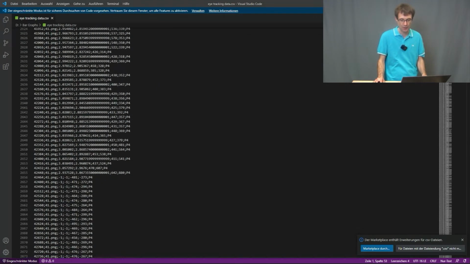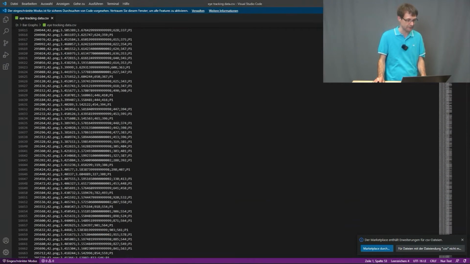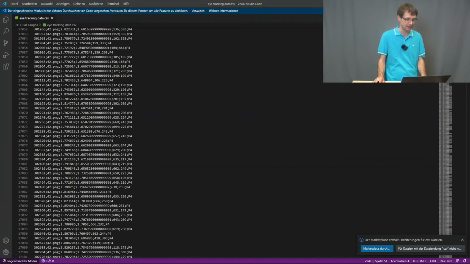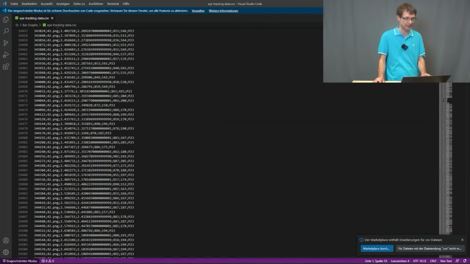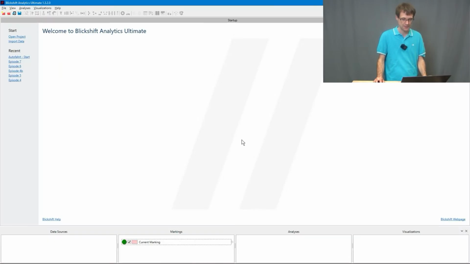It's a very long CSV file. When I'm scrolling down, there are many data lines in this file. And as you can see with the participant identifier, it alternates over the whole file. Blickshift can merge that all together and bring it into a format which we can easily use for our analysis. So I go to Blickshift now